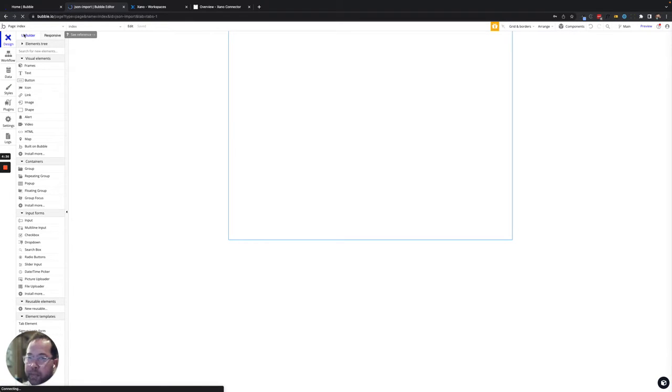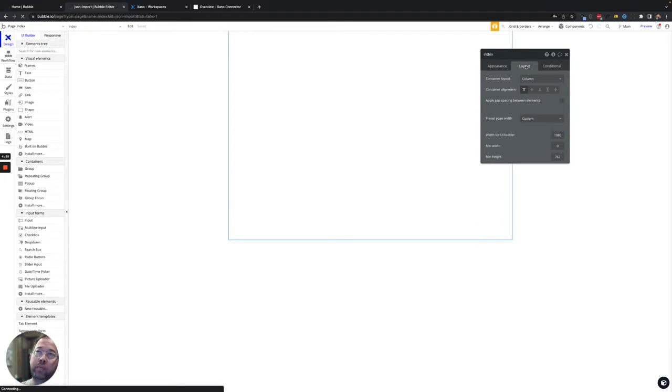I'm just going to be on the index page, and I'm going to build two groups here. One's going to be a logged in group, one's going to be a logged out group. And then we're just going to walk through how you would set this up from the beginning. I'm just going to build the UI here real quick, and it's not going to be pretty necessarily, but it'll show you